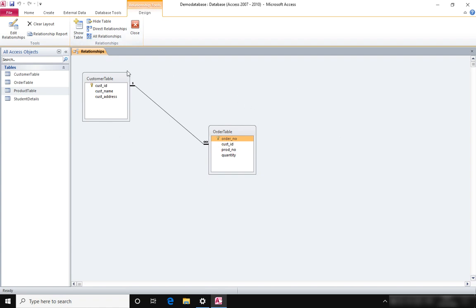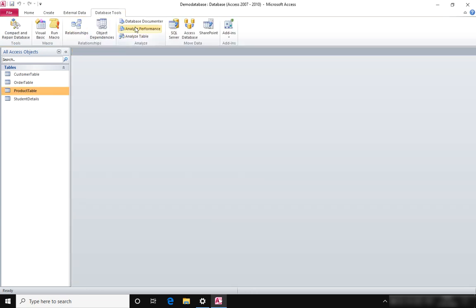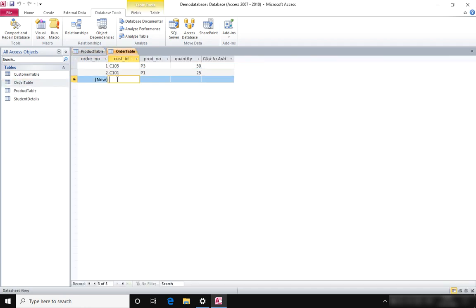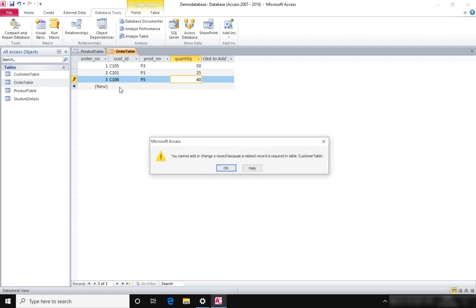Now we have just one relationship created between the customer table and the order table. Let's save it and close. Now since there is no relationship between the product table and the order table, let's try entering some more values. C106 and product P5, quantity 40. Now move to the next record and you can see the warning that you cannot add or